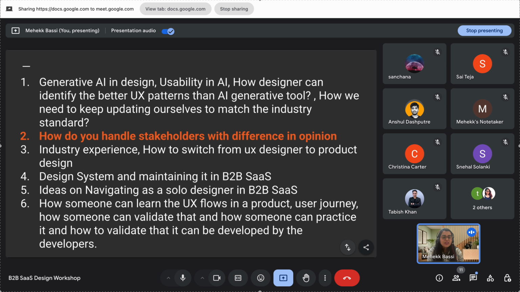Industry experience, switching from UX to product. The switch is not that hard because product is an umbrella under which UX design falls. If you are a UX designer already, you know how to make things intuitive for users, and you know about usability, laws of UX, and all the theoretical knowledge, right? So for product, you apply that knowledge and don't just think about the users this time, but also keep in mind business. So think about the revenue models, how your company is making money,